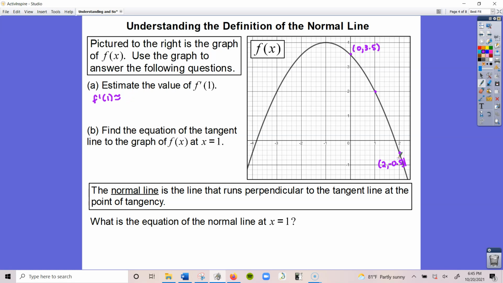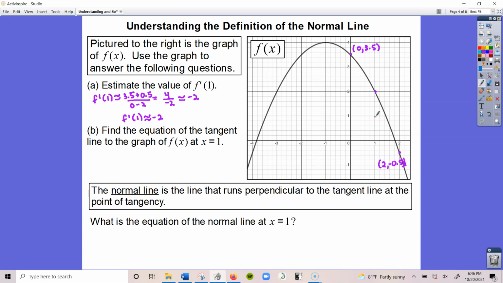So y2 minus y1, 3.5 minus negative 0.5 becomes plus 0.5 over 0 minus 2. And we get 4 over negative 2, which is negative 2. So my estimate here, f prime of 1, is approximately negative 2. Now, whenever you estimate, you can always check your value of the derivative and make sure that it matches the behavior of your graph. Since my derivative is negative, that means that my function should be decreasing, and it is,